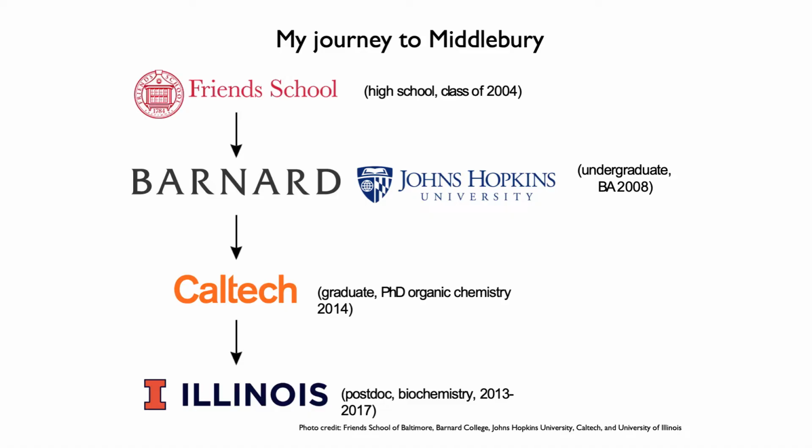Then I went to Caltech for graduate school, enjoyed a few years in Southern California, and did Ph.D. work in organic chemistry. And then my advisor, all of the advisors were incredibly supportive along the way, recommended that I try something a little bit different for my postdoc, which a postdoc is basically in most cases required if you want to go into a tenure track academic position. But it was also a really good opportunity, as advised by my graduate advisor, to get some experience in a completely different field.